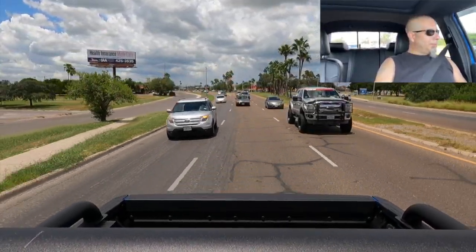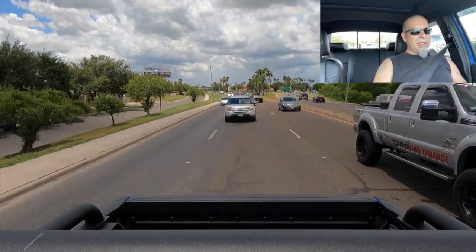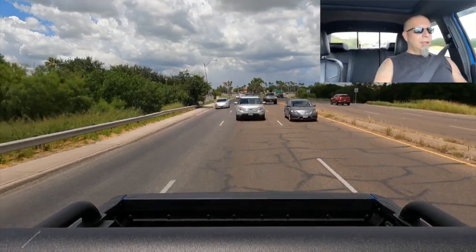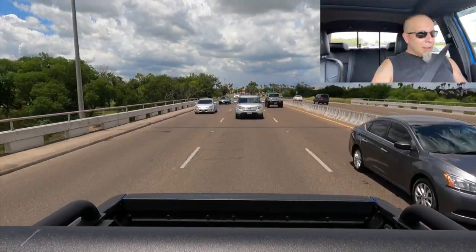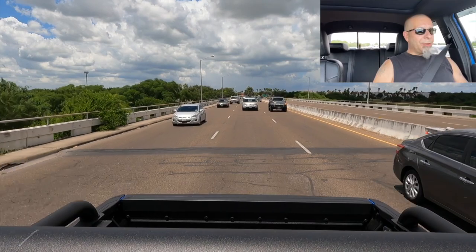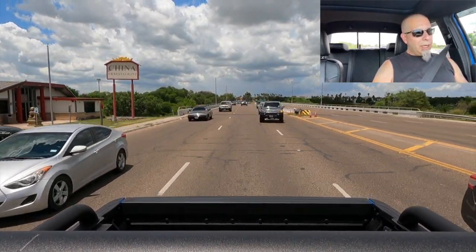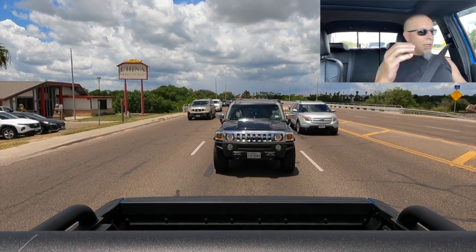Hopefully not a problem. Now, check out that truck behind us there. That's an F-150 lifted. I'm not sure if it's a 150. I don't think it is. It's a Super Duty. I think it was diesel, if I'm not mistaken. No, it's a Platinum. Okay, it's a Super Duty Platinum. And apparently a work truck because it's got a company name all over it, so...